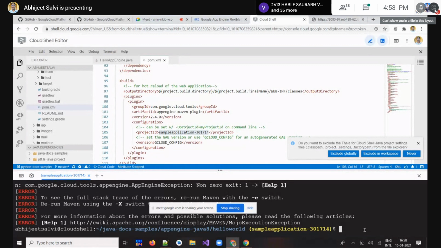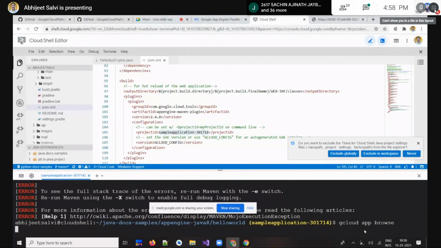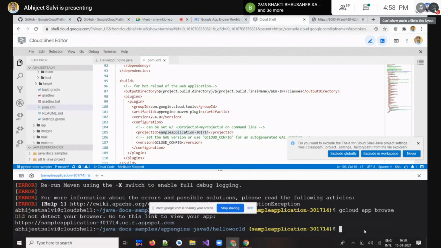gcloud. Now it will not work here, but we'll get it. Let me write down gcloud, and then we have to write down app browse. Once we type this gcloud app browse, we'll get one URL.